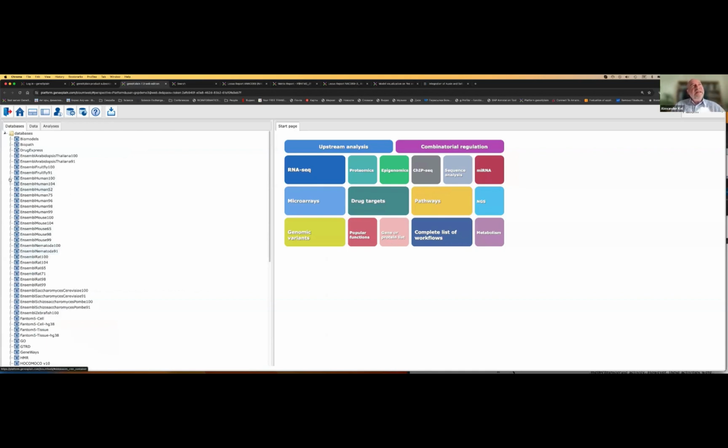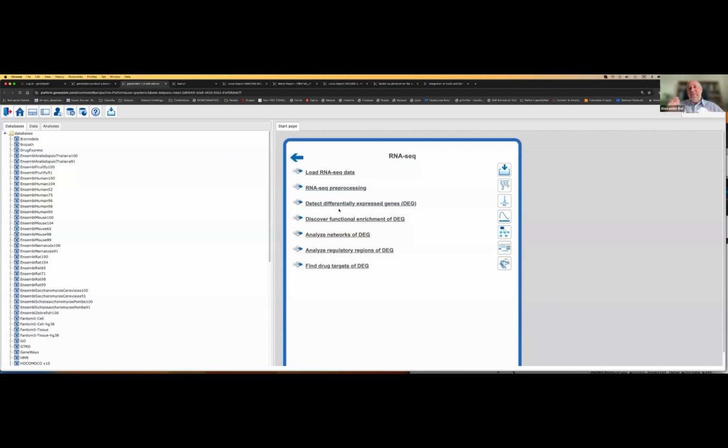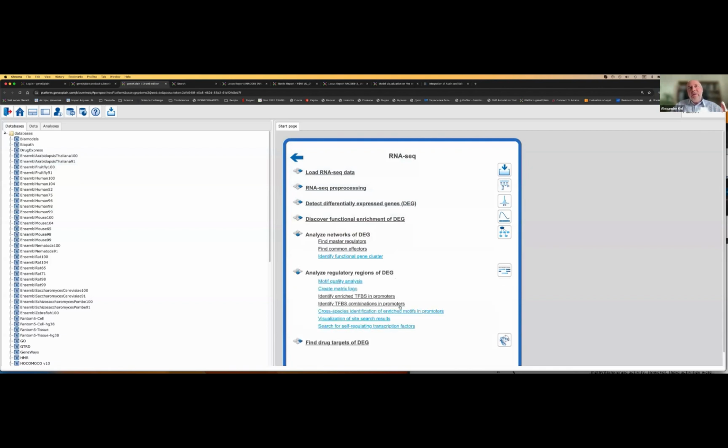And from plants, we actually have only one genome available, which is Arabidopsis thaliana, of course, and that's it. So it means, of course, if you have data on Arabidopsis, you can easily upload it in the platform and do many things using not only individual tools, but also complex workflows to discover differentially expressed genes, to find networks, to analyze promoters of those genes. We have these complex pipelines in case the genome is already here